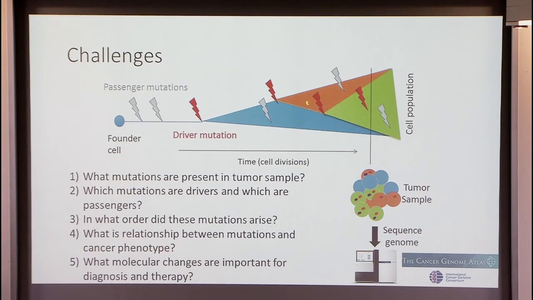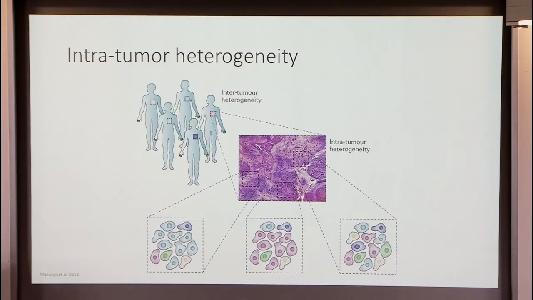Maybe we'd like to know something about this process. What order did the mutations arise? And then we would want to bring this into a more understanding of cancer. What's the relationship between the mutations in the genome and what we might observe in gene expression data, or in other characterization data, or in phenotype, or in drug response? And then ultimately, which ones might be important for diagnosis and therapy. So all the way from the basic measurement through interpretation through clinical application. And at each level, there are interesting problems to be faced.